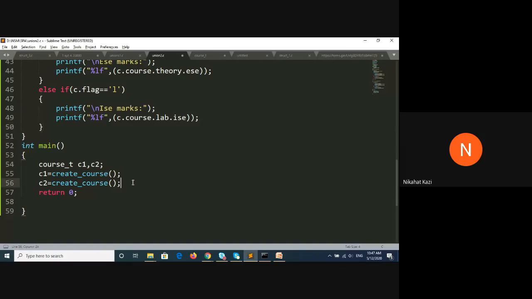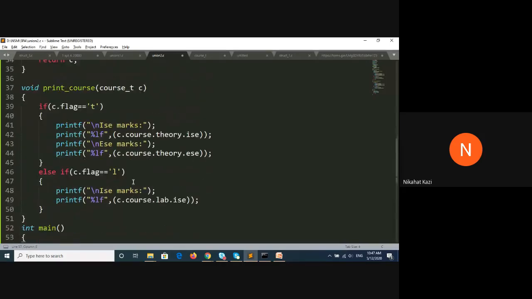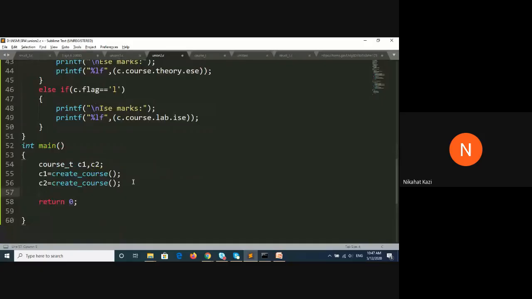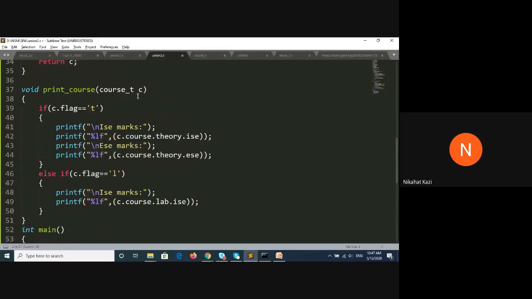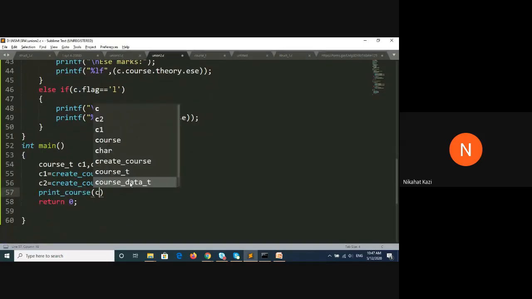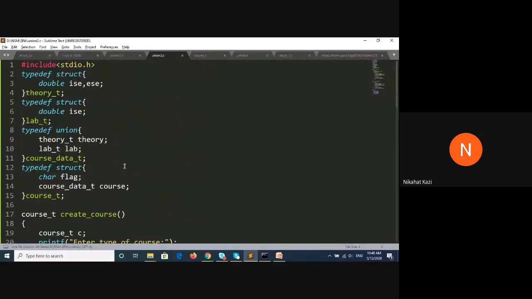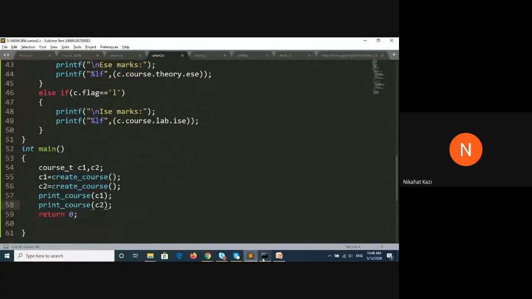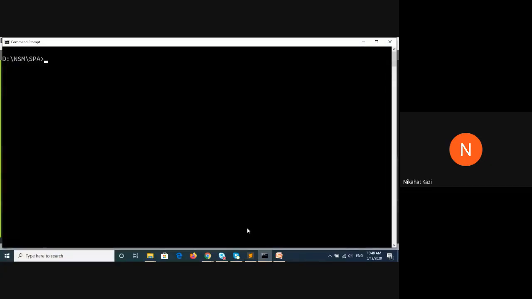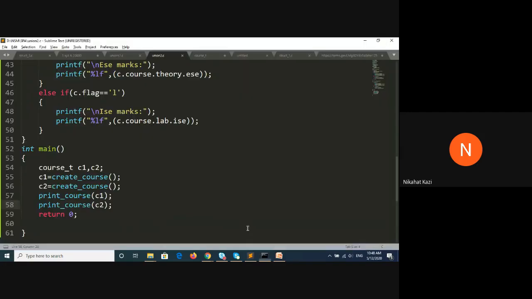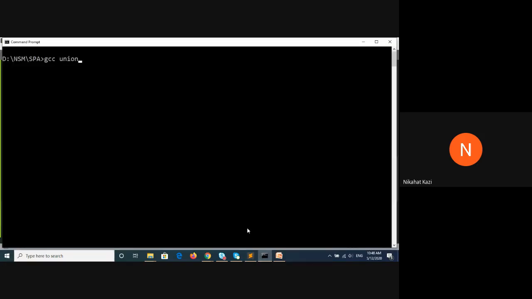And then I will print the two courses. So I will say print course, whose parameter should be of course type, that is C1 once, and next time print course C2. So this will print my data, whatever I have taken. Once I write this, let me clear the screen and run it. GCC union 2.